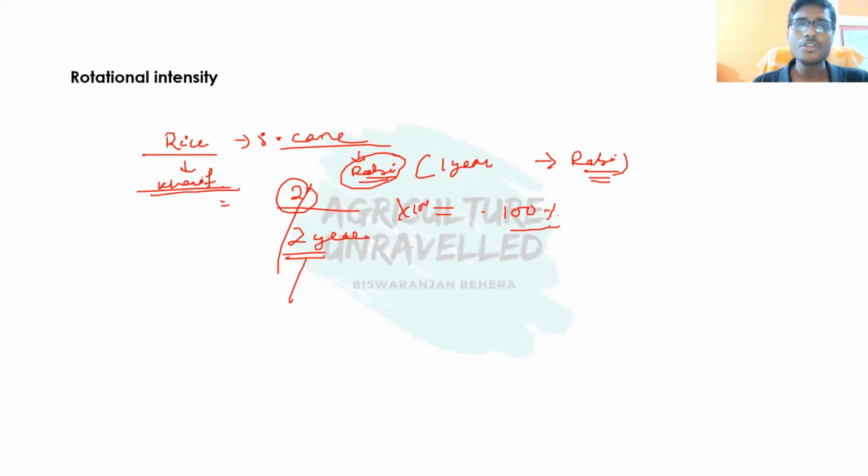So this is all for today. I hope the concept is very clear. This is a small part I have given, the initial part. In the next part we'll cover the indices of biological advantage. Along with that, we'll also cover different cropping patterns or cropping sequences or cropping systems. After that, we'll definitely do numericals on the cropping system, because this is very important.